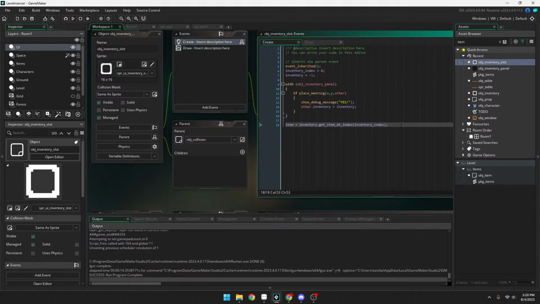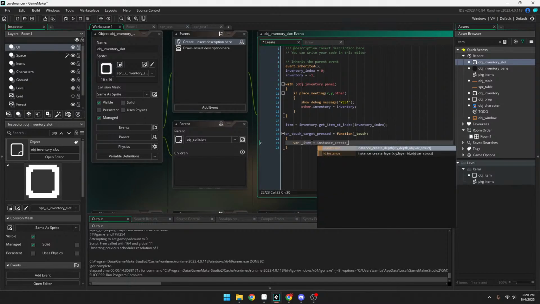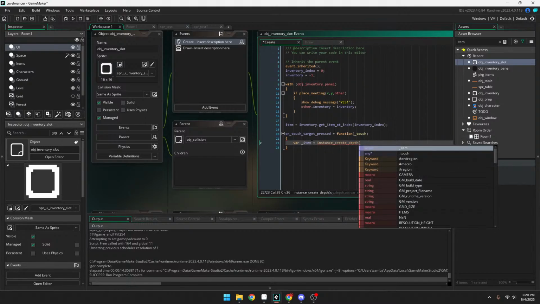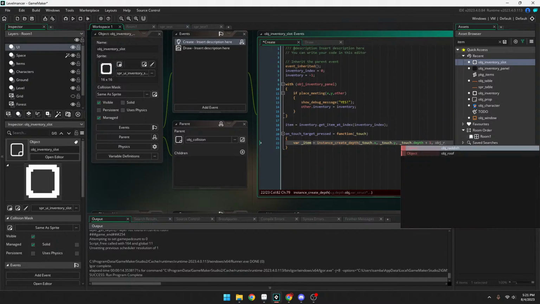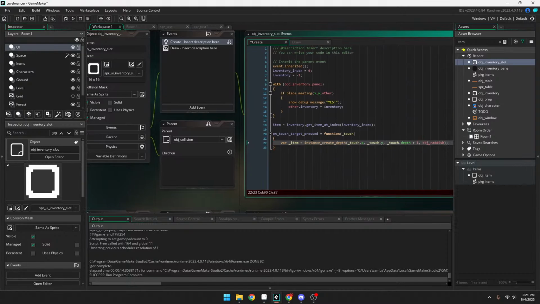let's have it so on touch target pressed equals function touch. So this is what happens when one of the touches touch this thing. We're going to say var item equals instance create depth touch.x touch.y touch.depth +1 obj radish, and then we're going to say